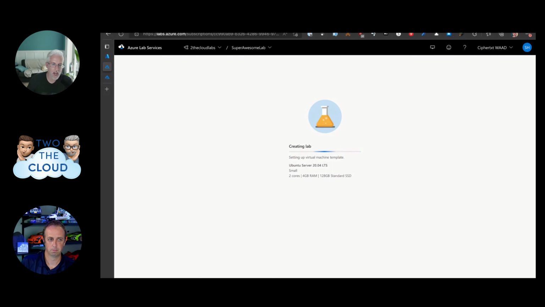Okay, so they're doing some natting back to the default ports on their side, kind of on behalf of the service. Got it. So this type of lab will take a minute or two just to spin up.